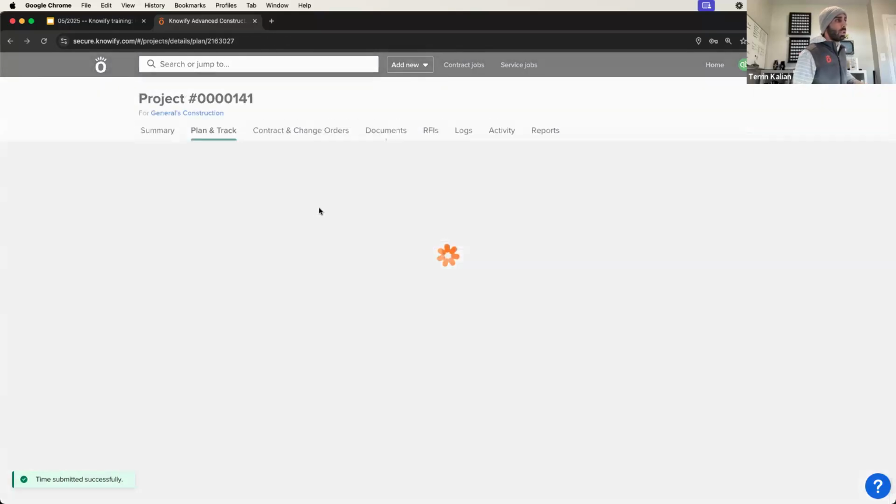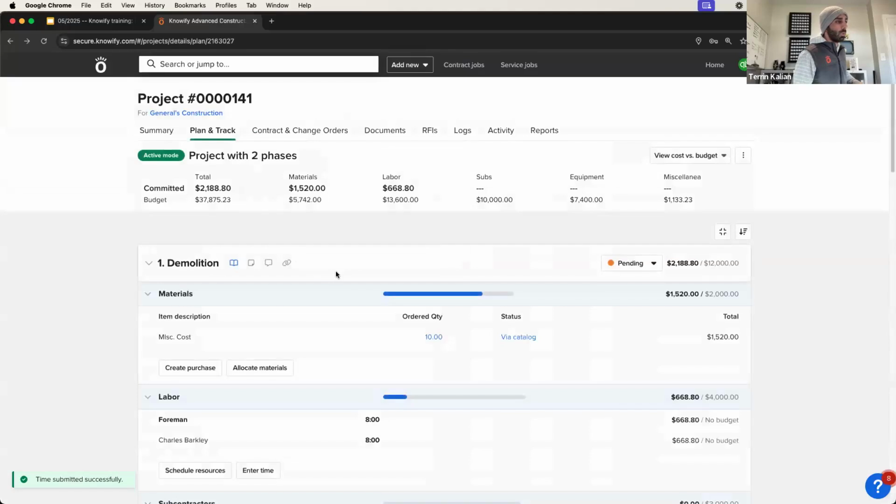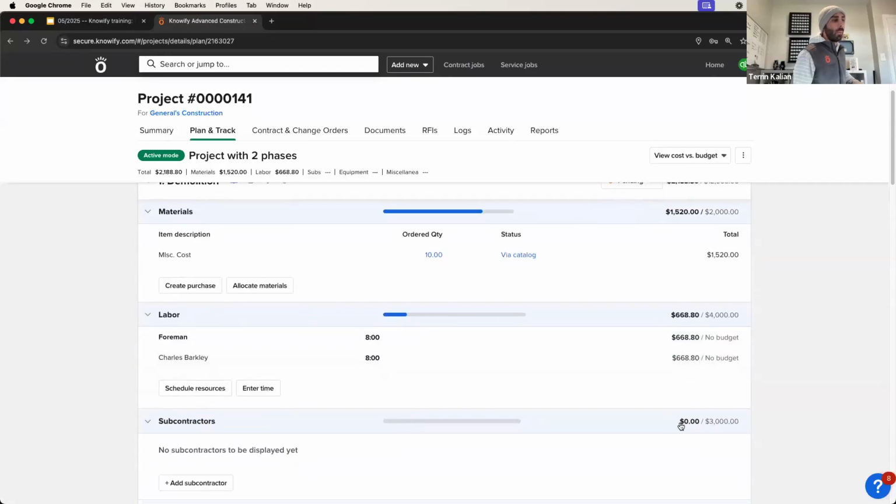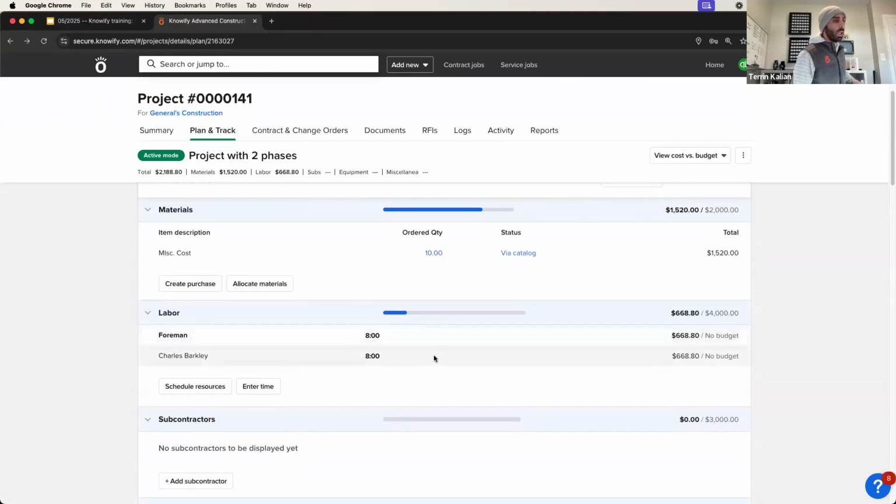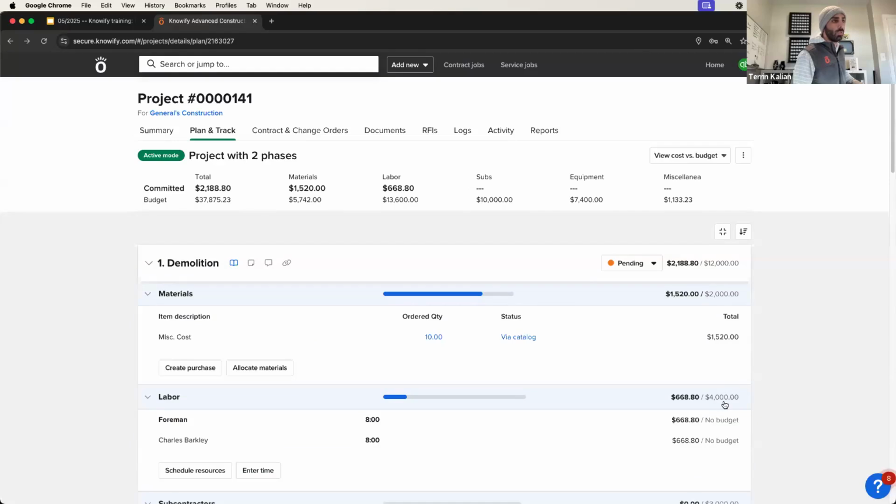Now, as this is submitted, again, we'll be able to see this in a couple different ways. We'll see the overall labor cost, which is taking a second to update there. But then I'll also see on demolition, here is the 8 foreman hours spent. Now it shows me $668 spent out of 4,000 budgeted, and it shows me that it's all foreman hours and it's all Charles hours right now. But you'll see that there's no hours budgeted against because we just created a lump sum budget of